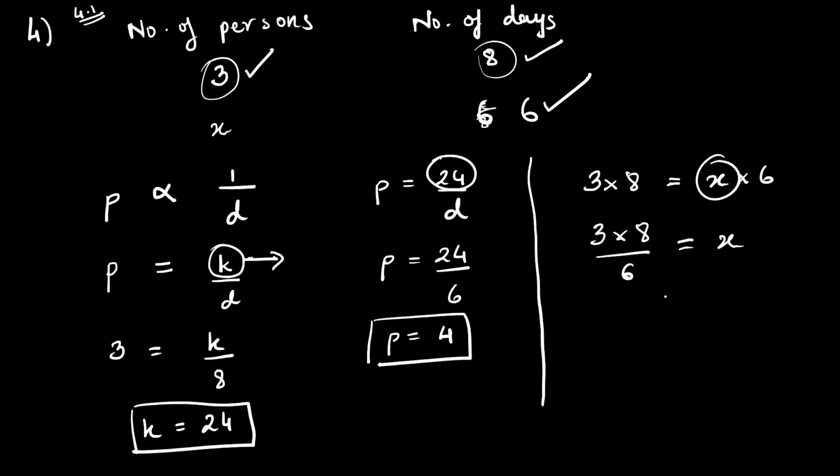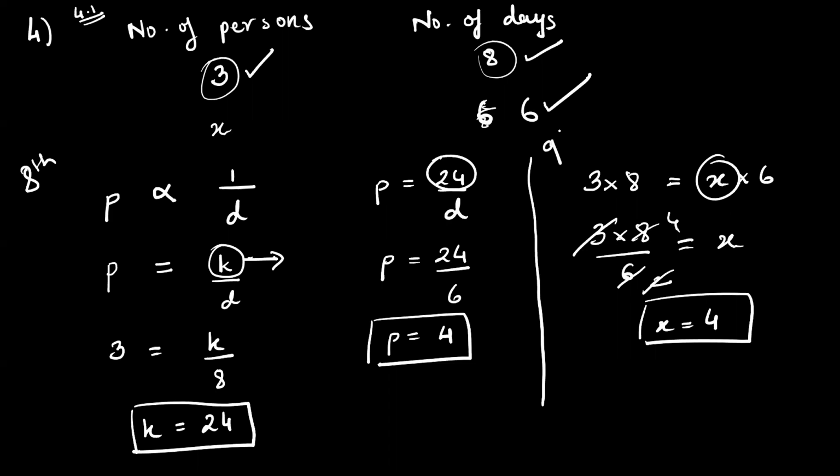is equal to x. 3 ones are 3, twos are 2, ones are 2, fours are. So I'll get x is equal to 4. See, I'm getting the same answer in such short steps. तो ये आपका 8th standard का method था, ये आपका 9th standard का method है. आप लोग दोनों में से जो comfortable है वो use कर सकते हैं. Message me yes everyone if you have understood the sum.